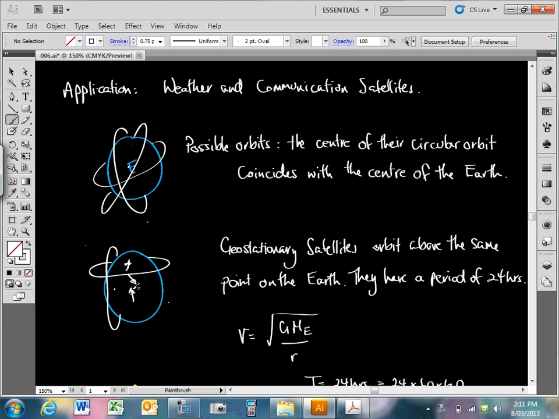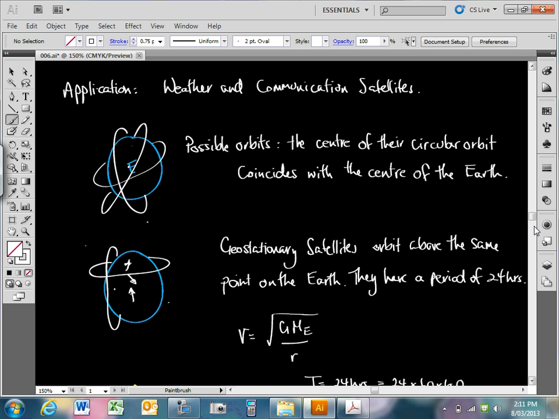The centers don't coincide with the center of the Earth, and there's a problem there, because where is the acceleration towards when we're talking about this gravitation that provides the centripetal force that keeps this object in uniform circular motion? It's toward the center of the Earth, isn't it? And very quickly, as soon as you let go of this satellite, it's going to move down and try to coincide with the center of the Earth, and very quickly crash or go out external to our orbit, and we don't want that to happen.